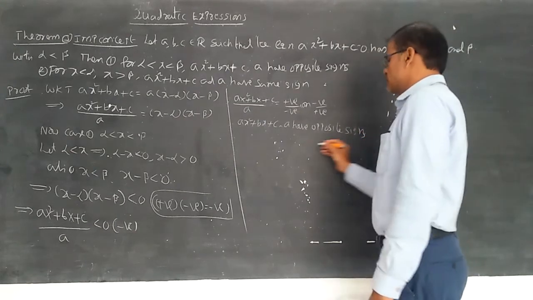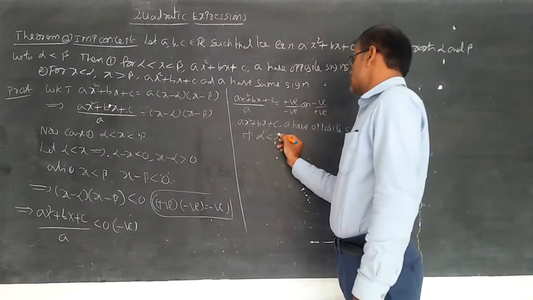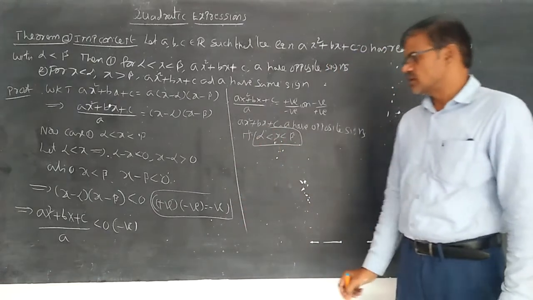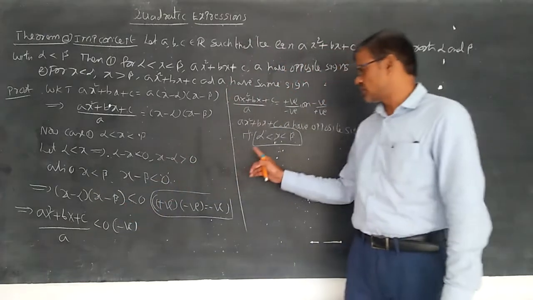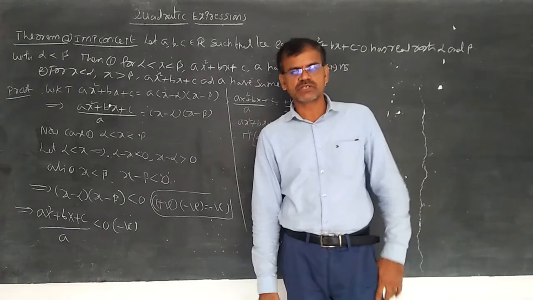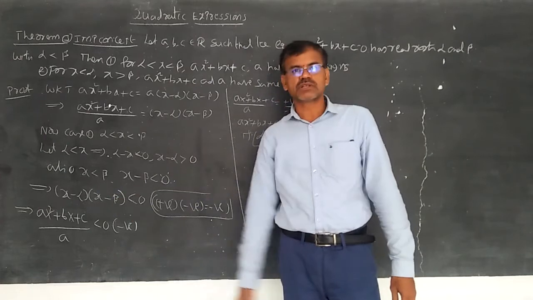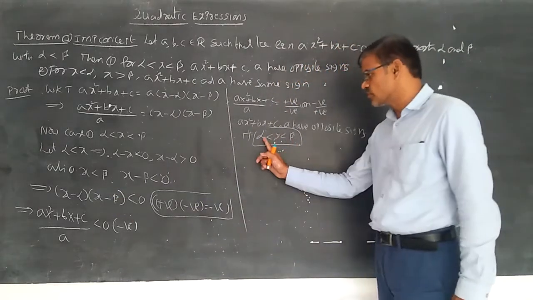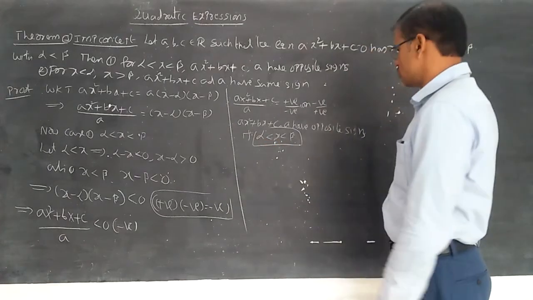If opposite signs, then alpha less than x less than beta. The meaning is that here we got x minus alpha into x minus beta less than 0, so alpha less than x less than beta. Plenty of times we have discussed this in first inter, 10th class and 9th class also. If x minus alpha into x minus beta is less than 0, then x lies between alpha and beta. This is the proof: x lies between alpha and beta, meaning alpha less than x less than beta.